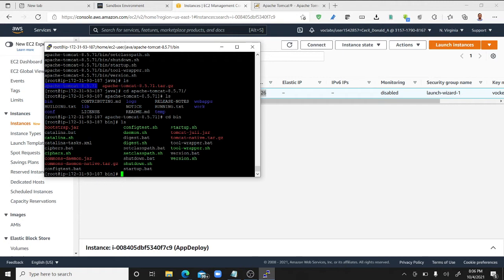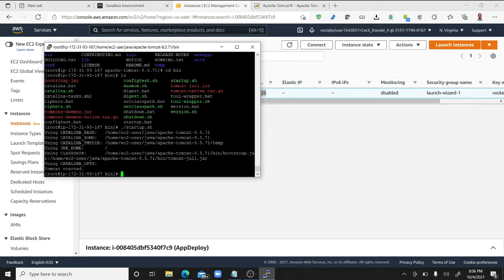Can you see here something called startup.sh shell commands? This startup command is used to start the Tomcat service, or server. Now let me put dot slash startup.sh. This will help us to start the Tomcat server. Now we should be able to start. Okay, Tomcat server started, but the problem is,